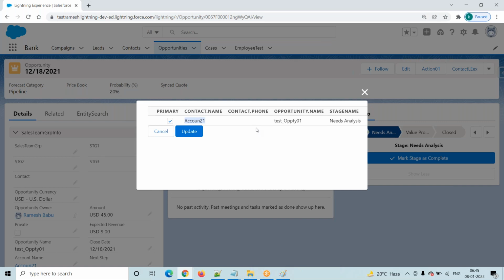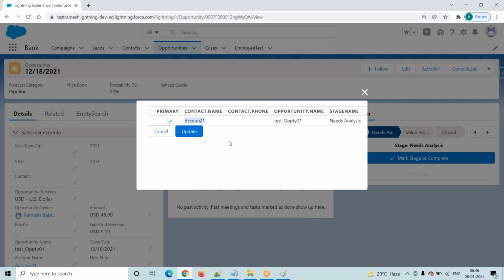For that particular field, we have to assign this contact record information. Same functionality, whatever we discussed in the classic version. The user will select this particular record. Once the user selects this record, what do we have to do? I have to assign this contact record information to the current opportunity. In the current opportunity, we have one contact lookup field. For that contact lookup field, we have to assign this record.